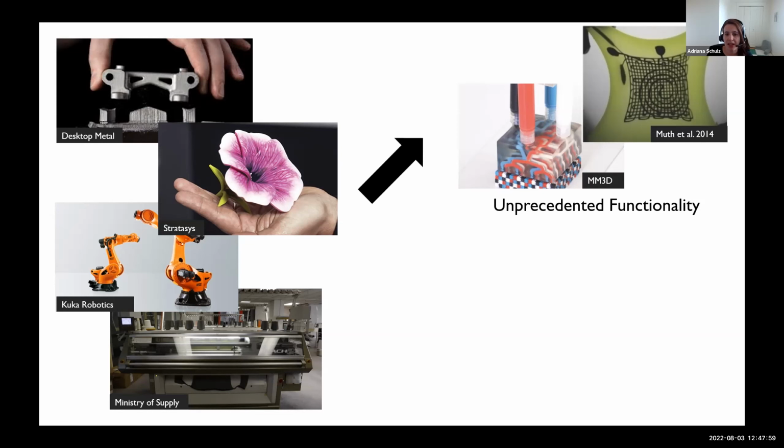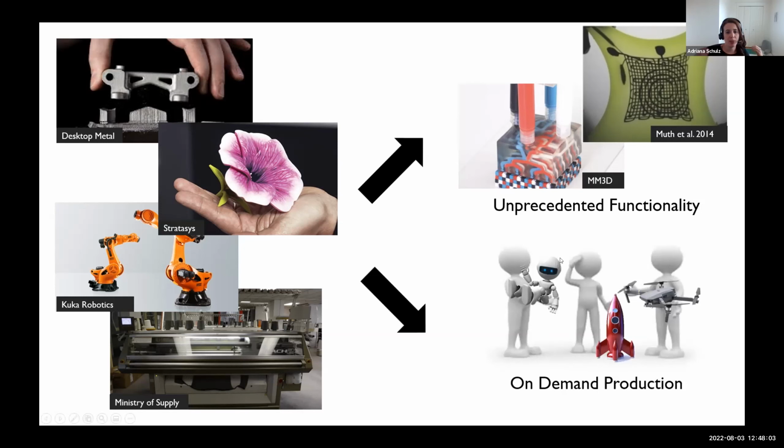And in addition to that, it's also about on-demand production. So it's not just about what we can create, but how we make these objects. And what's exciting to us is that because a lot of these machines are versatile, this will enable on-demand batches of one, right, productions of objects. So this is really exciting, right? The ability to create objects that have unprecedented complexity and are designed to fit your needs.